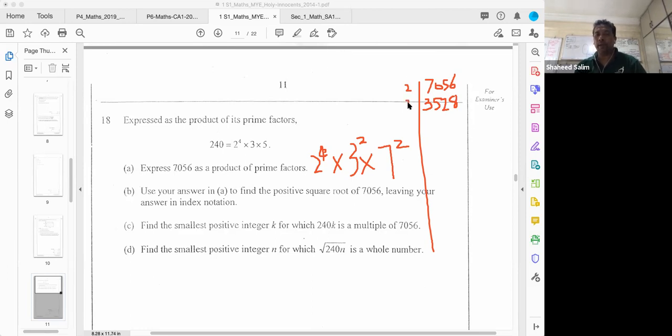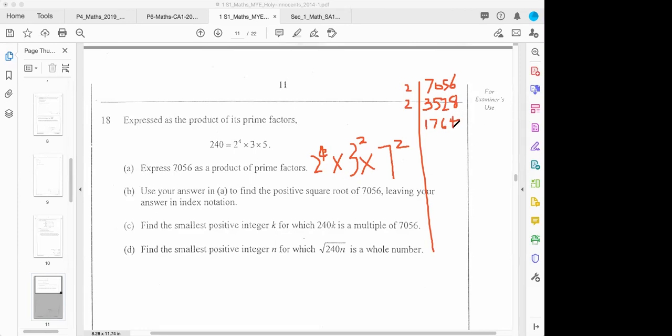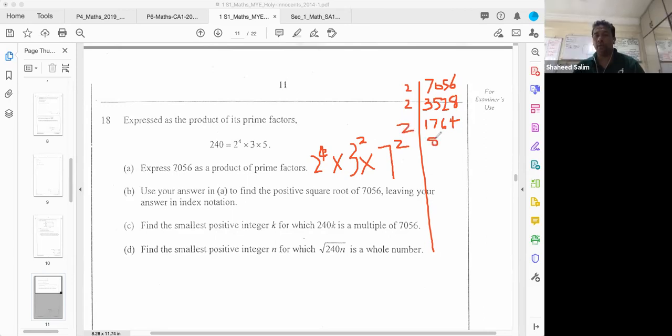Divide by 2 again. And you get 1764. Okay, then you can still divide by 2 again. Stop. You get 882. Then, Sabrina, you can still divide by 2 again. You get 441. So can you see down here, there are four 2s